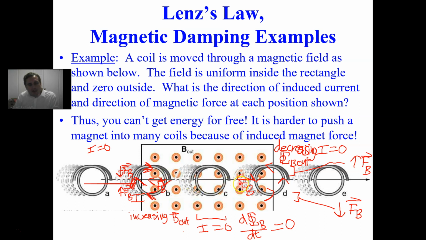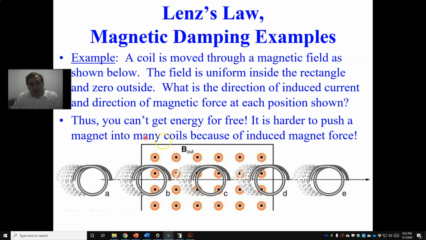Moves over the magnetic field, and then as it moves off this magnetic field, it also slows down. So again, this is often called magnetic braking. So you can't get energy for free. It's harder to push a magnet into many coils because of the induced magnetic force. Now, by the way, now that I've cleared all the writing here, I want to also mention one last thing,